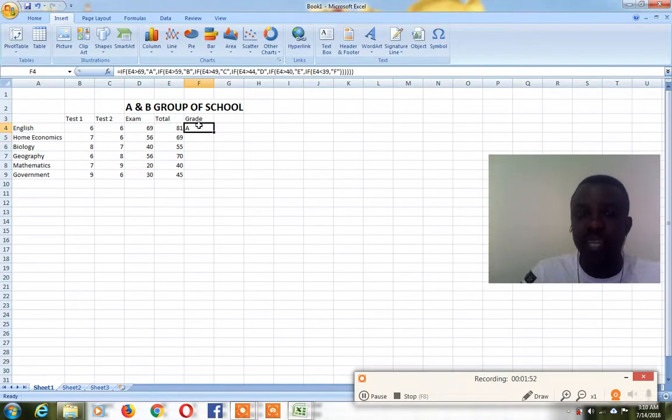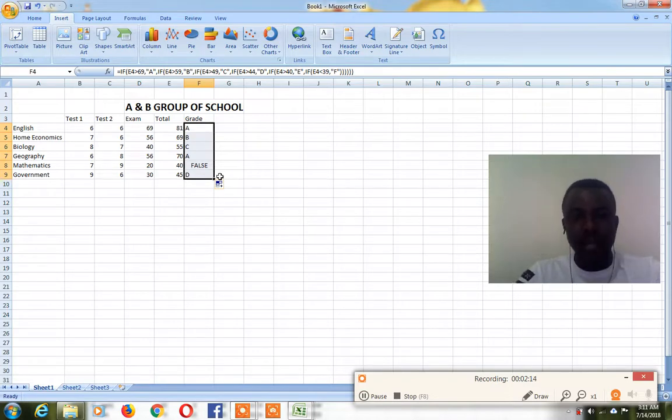Now look at this one. It's giving it A according to how you write the program. Now I will come here and drag it down to know if what I asked the computer to do is what it actually did for me. Now let's go and check. I will drag it down because I cannot be calculating it manually. This is how I do it. I drag it down again as we have said before.